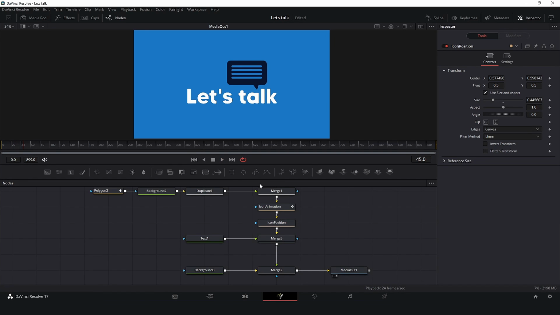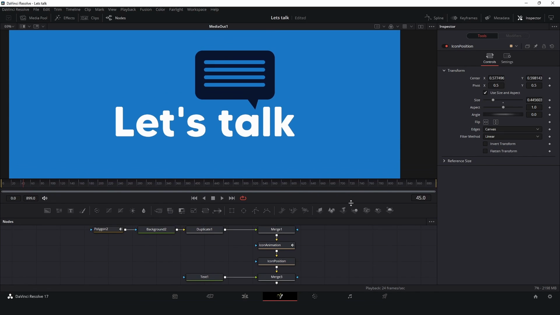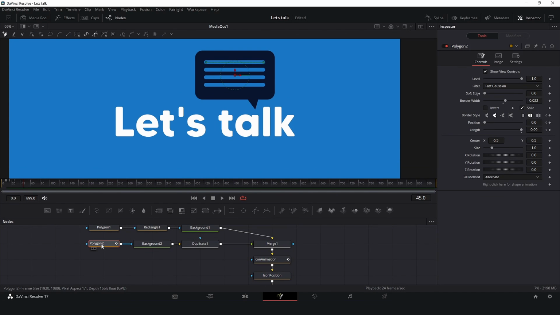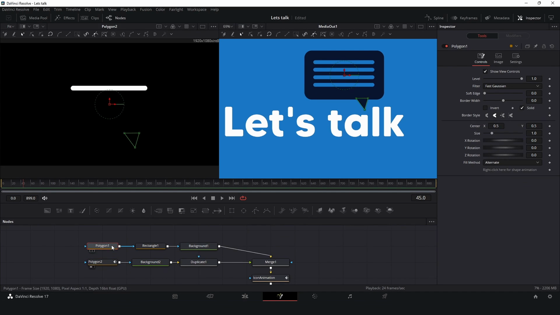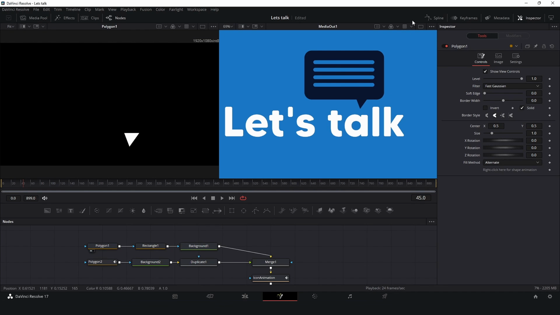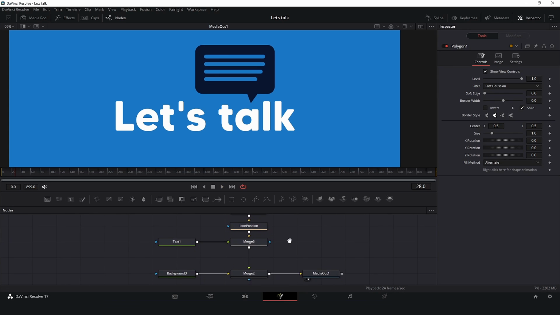Yeah, okay. And because this is a vector, what I can do right now, maybe I will come to this polygon. I will change the monitors to, not this one, sorry, this one, and I just adjust, maybe something like that, a little adjustment. Okay, so let's see. Okay, I like it. Okay, so now let's animate the text.